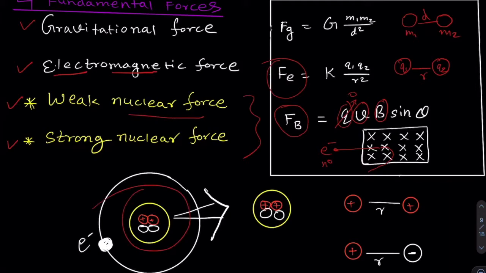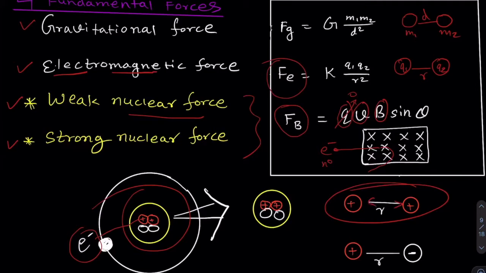So in the nucleus, you have positive charges, which are protons, and you have neutrons, which are chargeless. And you can see electrons moving around those positively charged particles. We know that there is an electrostatic attraction between the positive and negative charge, between the electron and the proton. But think about this. Inside this nucleus there are positive charges, so why don't they repel? We know that electrostatic force says that positive charges repel. They should